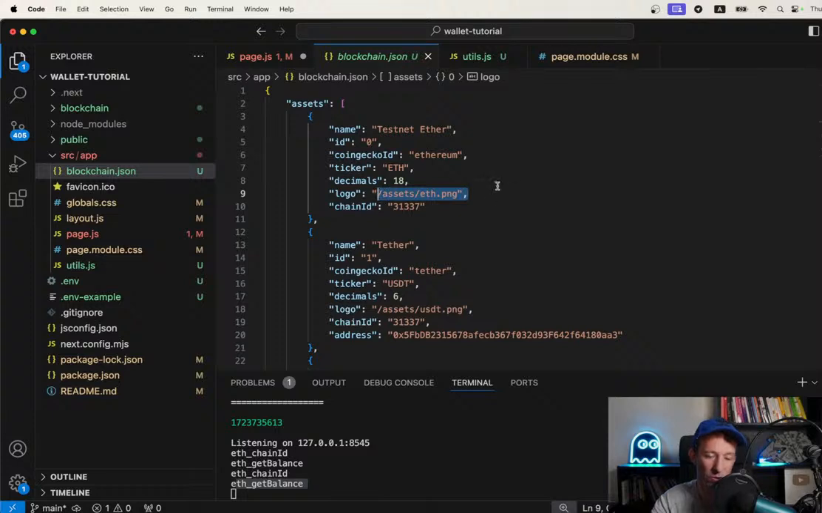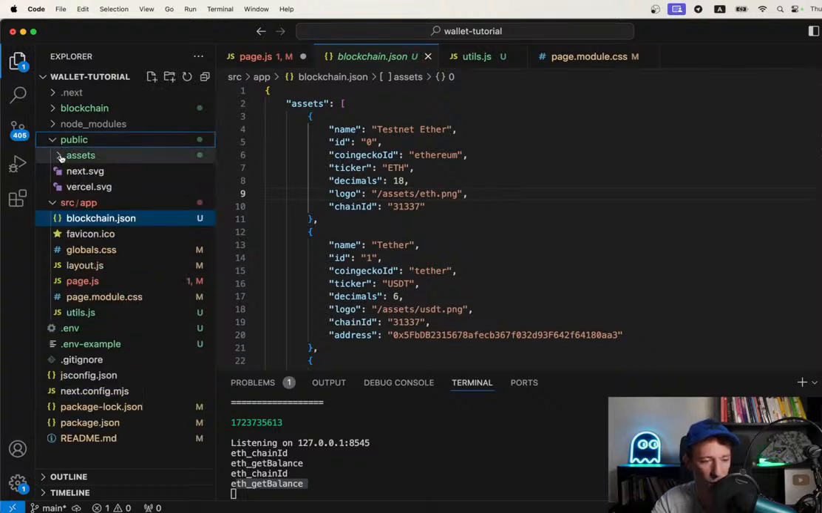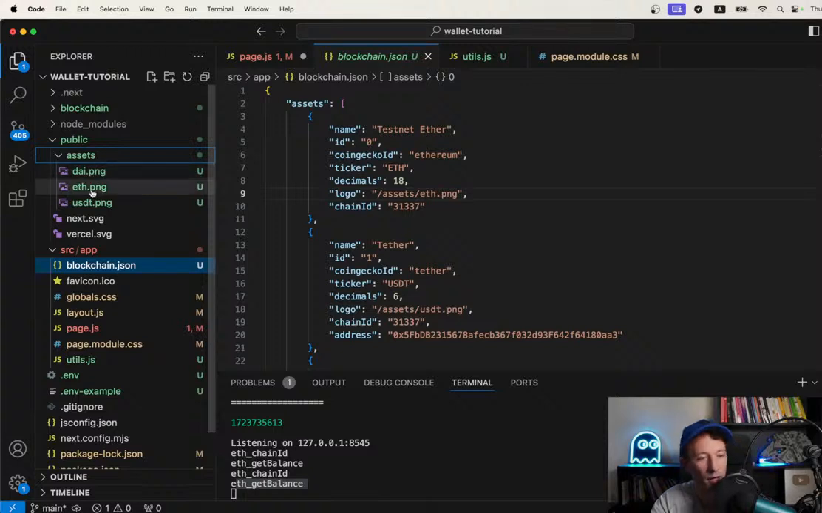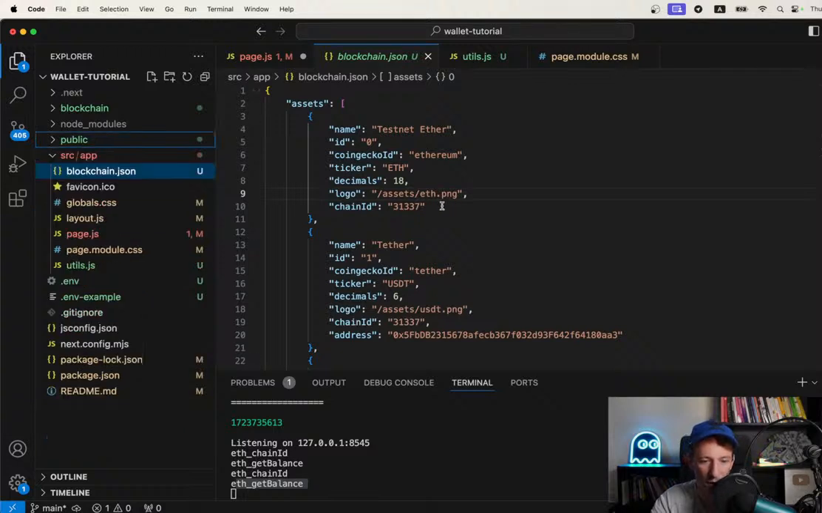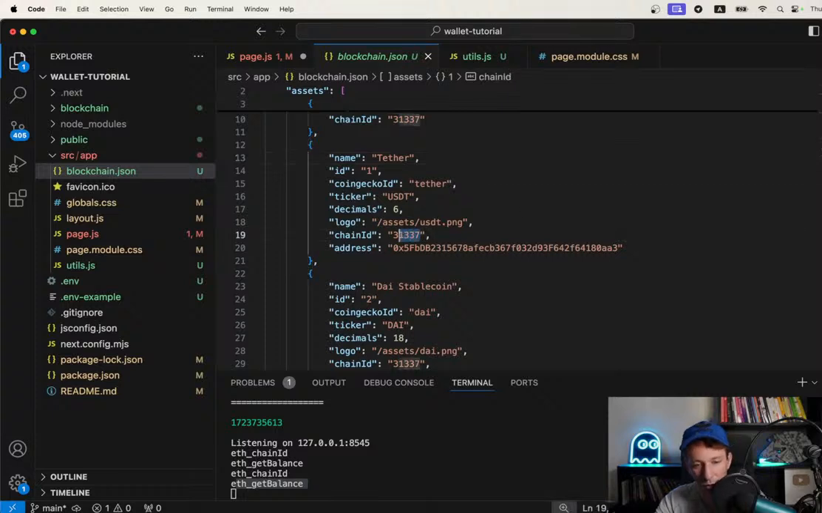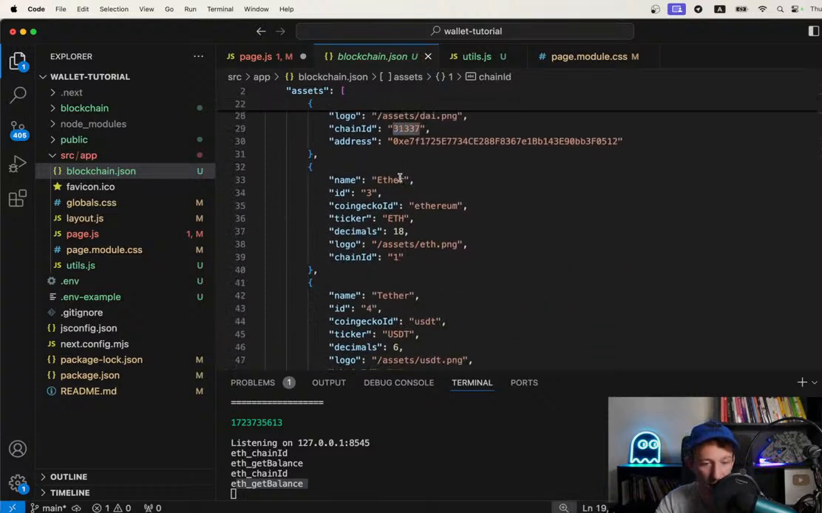Here, the logo. So basically, that's up to you to find the logo for each asset, and you need to put them in public. And here I've created this folder assets, and then we have different logos here: DAI, ETH, USDT, etc. All right. And finally, chain ID. So each asset is defined per chain. Okay. So here we have testnet for local blockchain. Here we have tether for the local blockchain, etc. And here, for example, we have ether that is defined a second time, but this time this is for mainnet,